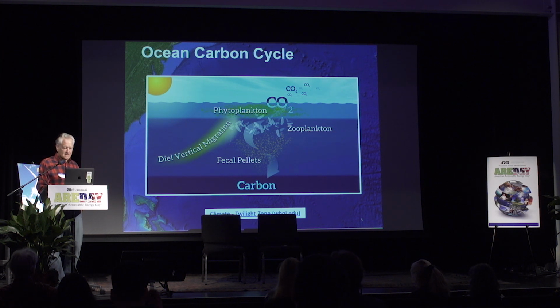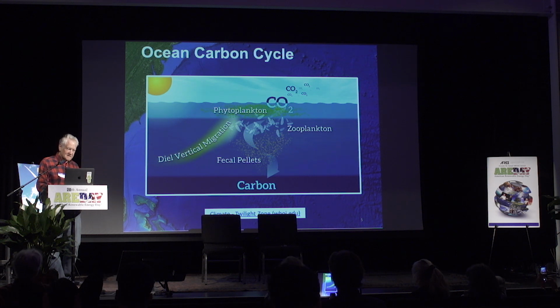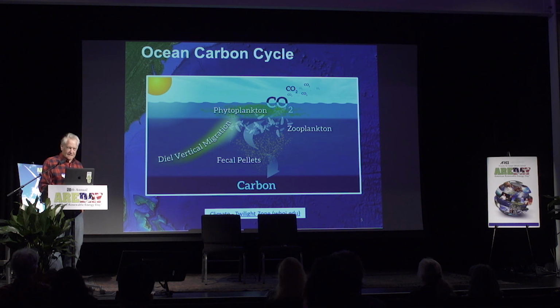So here you can see the phytoplankton in the top 50 meters. And one of my favorite ocean species is called a salp, S-A-L-P. And salps live at 600 meters deep. They don't like sunlight. They don't have any sun cream. So they swim up at night and feed on the phytoplankton. And then at daybreak, as the sun comes up, whoops, no sun cream, better get back home, down to 600